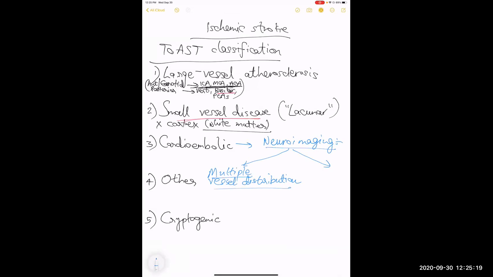Correct. For example, if it's a large vessel atherosclerosis, let's say an MCA clot, then you would expect the whole syndrome to localize in the MCA distribution, or ACA distribution. However, cardioembolic strokes often overlap over different vascular distributions because the clot can go anywhere. And typically they present with bilateral infarcts on the MRI,